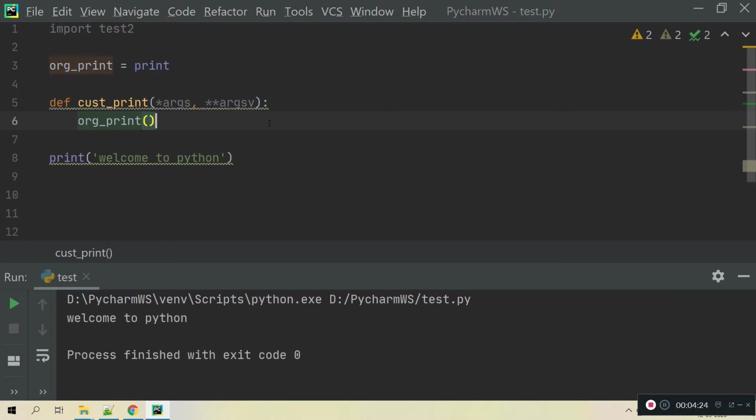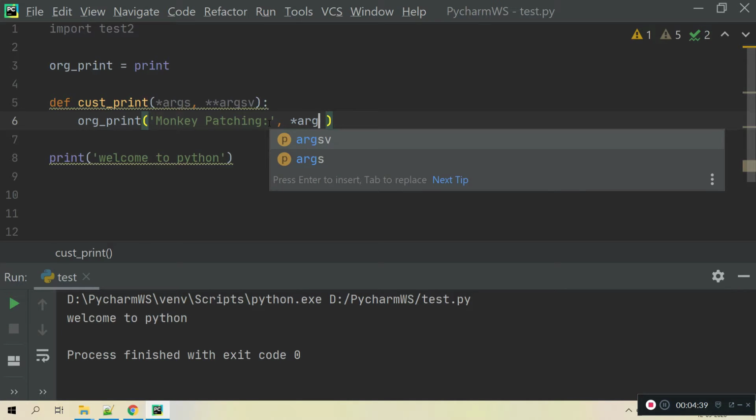Before printing, I will print monkey patching, and I will pass the arguments.